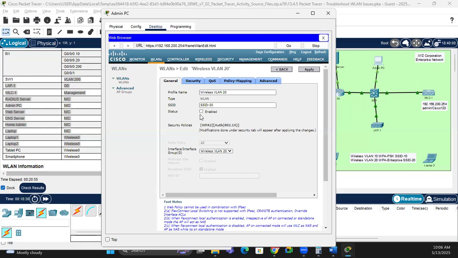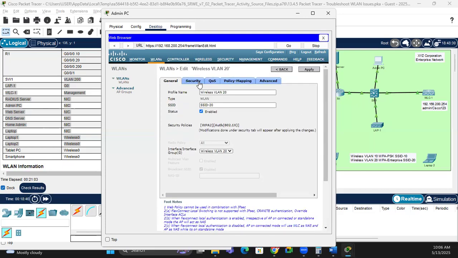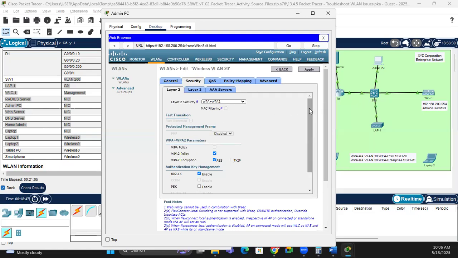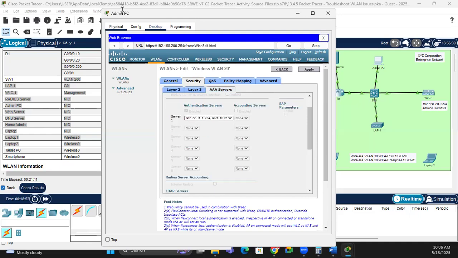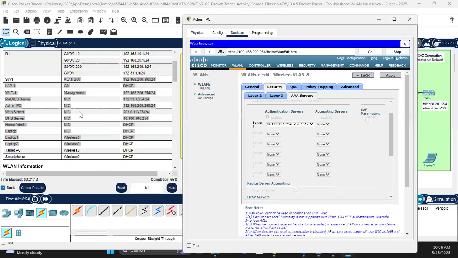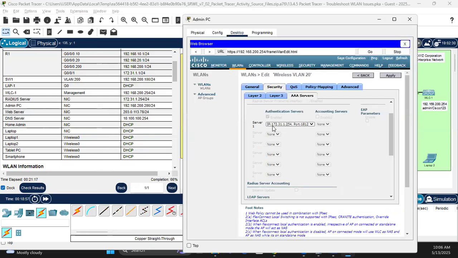All right, so for this one now, let's go through the settings. We have to make sure that we enable this. Remember, we said that always try to enable it and don't forget. For the security, everything is okay, AES and this, right? Then we can go to the AAA server. Let's compare the IP address with what we have over here. That is for the RADIUS server. The IP address is